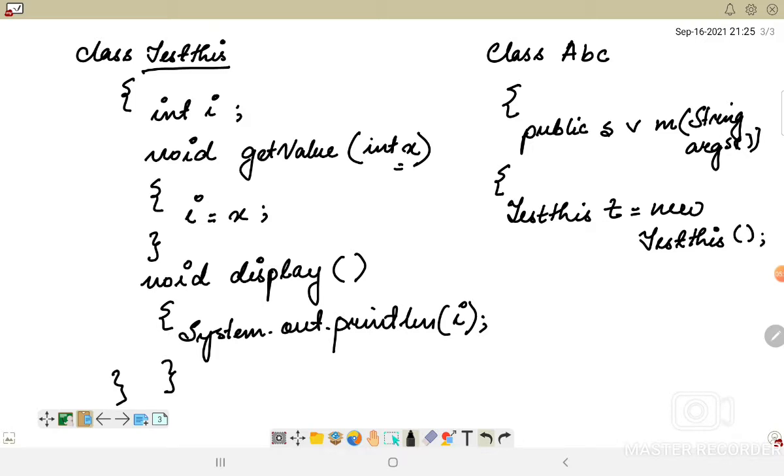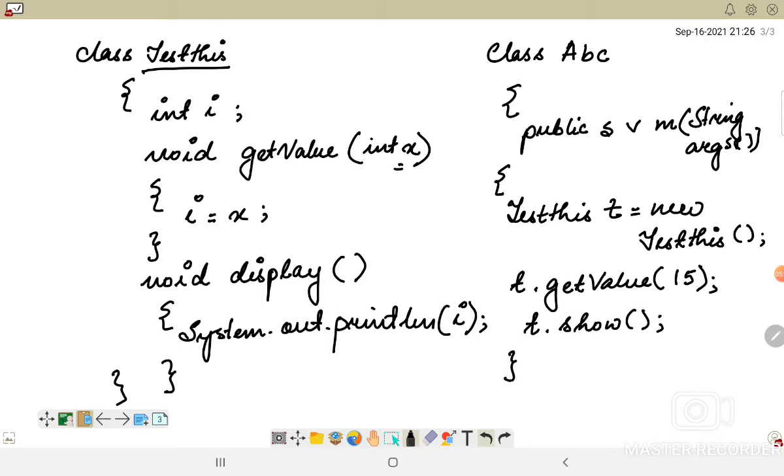Now I will simply call getValue: t.getValue, and I will pass the value, let's say, 15. Then I will call the next method which is there within the TestThis class.